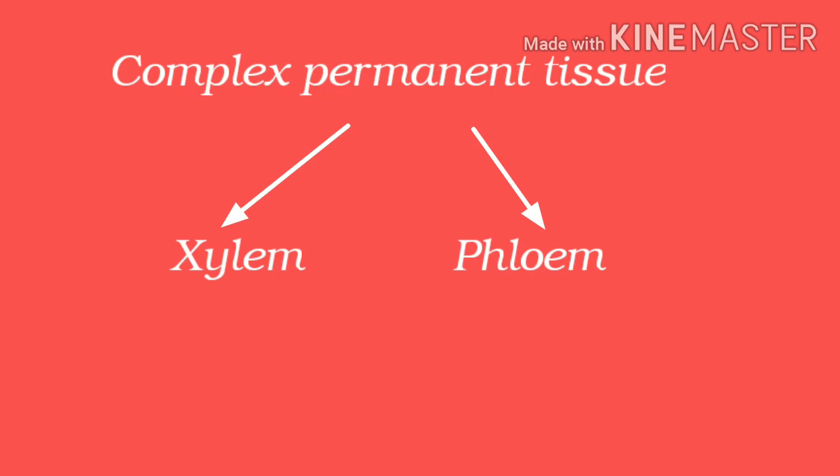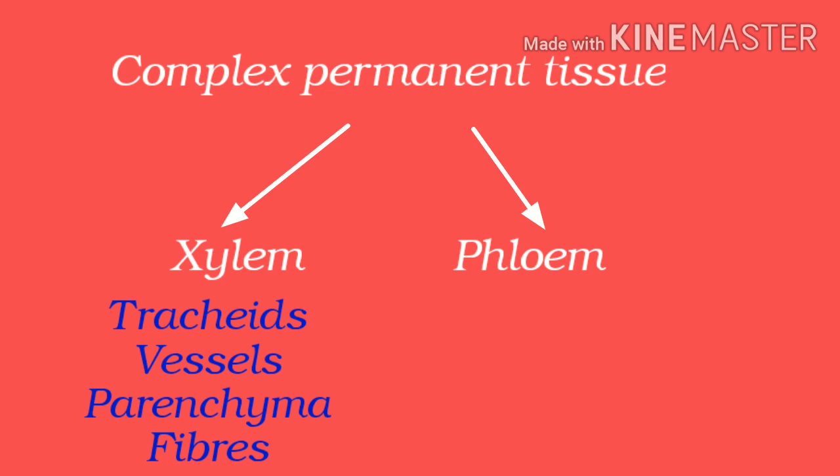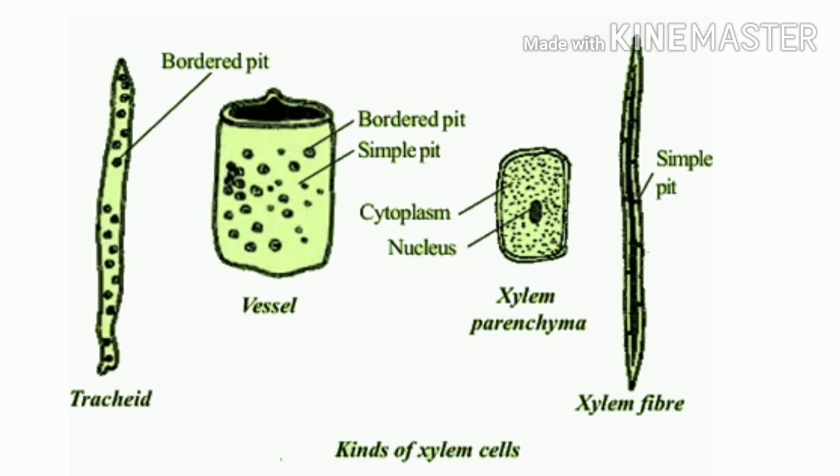When the permanent tissues are made up of more than one type of cells, then they are called complex permanent tissue. All these different types of cells together work as a unit and perform a particular function. Xylem and phloem constitute the complex tissues in plants. Now xylem has four components in it: xylem parenchyma, xylem fibers, tracheids and vessels. All the components of xylem together help in conduction of water and minerals from root to the stem and leaves.